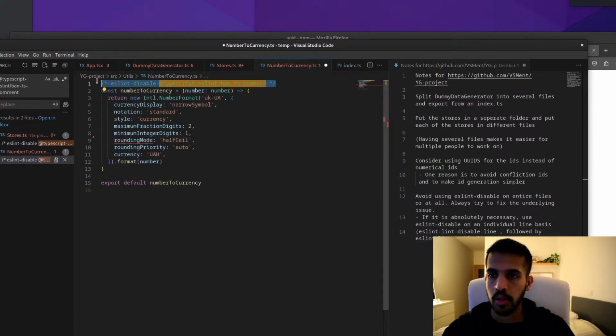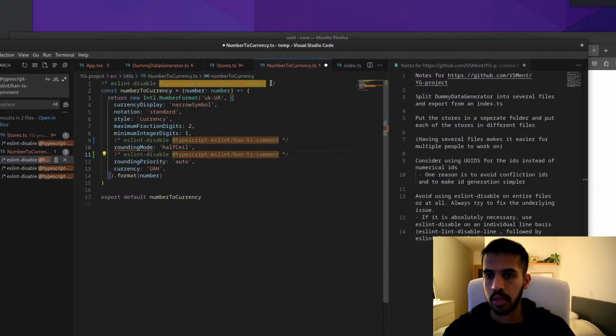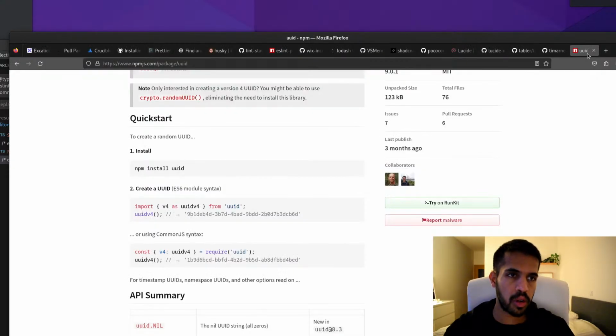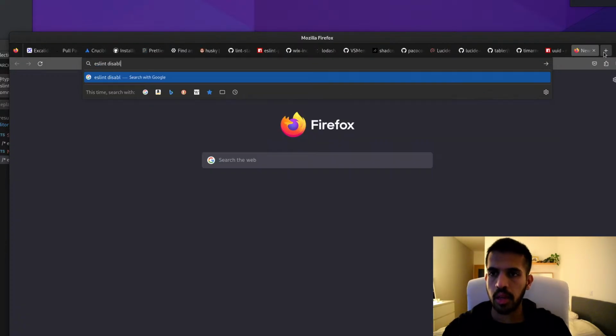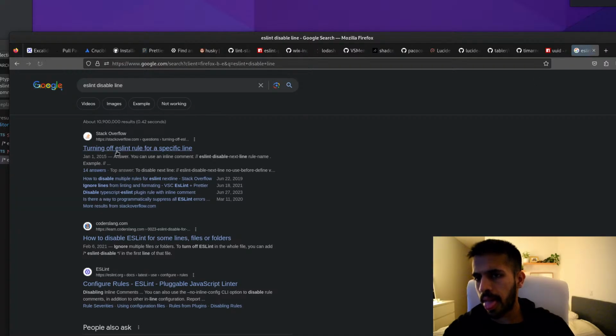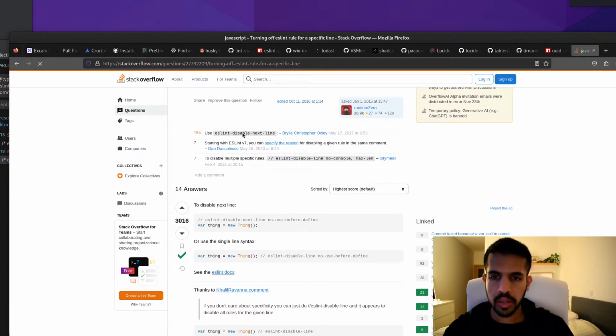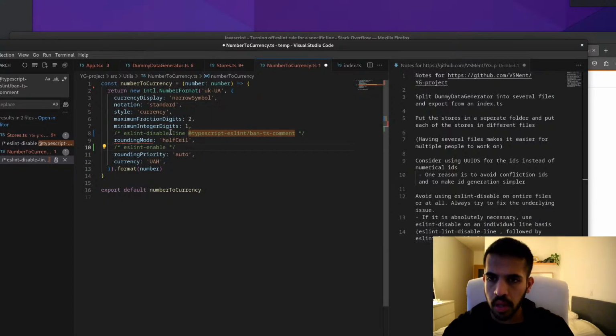On a day-to-day basis I use a Mac, so trying to switch between the two command types is tricky. So eslint disable line and... was it? I think that's not it. So I have to look up what it is. Was it disable next line? It's disable next line, yeah.